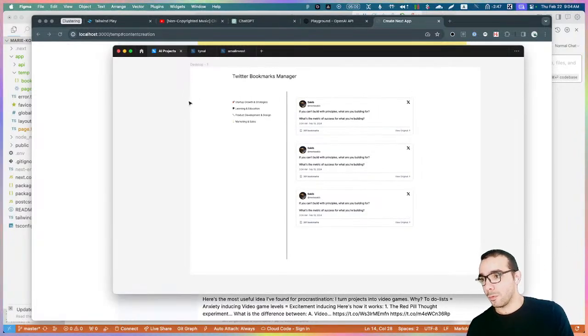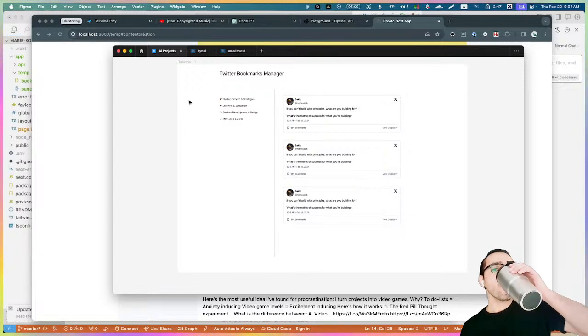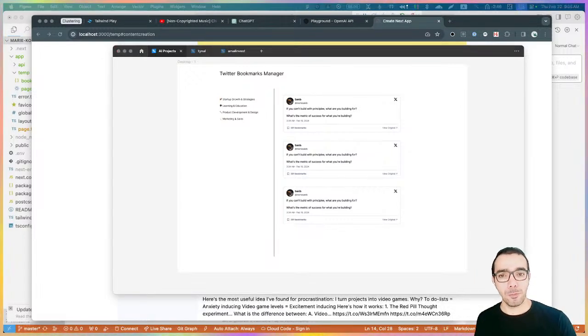Back after a quick bathroom break. Let's see, where were we? What are we doing? Right, so the Figma design. The way I think about doing this is,